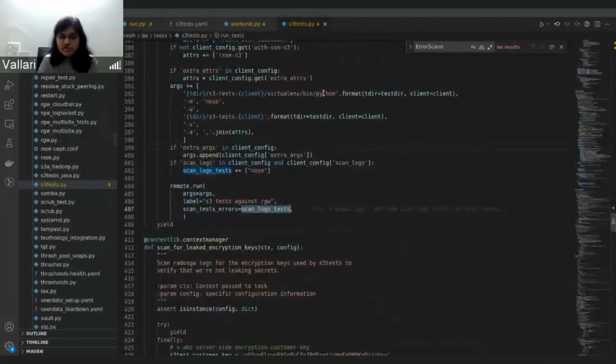Now in the Ceph QA section, for example, I'm giving an example of S3 test, which runs the nose test. So in this, when we call this run function, we want to ensure that the error test scanner has a list which has nose in it. Now to make this feature opt-in,